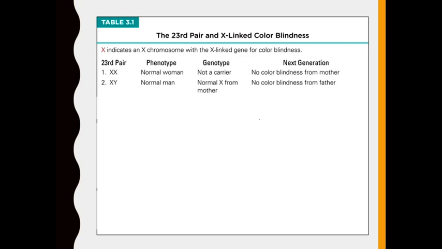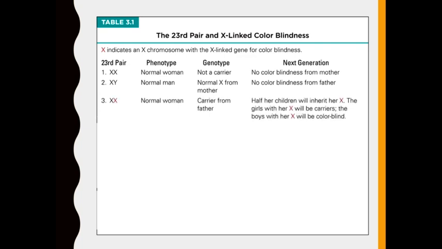She didn't inherit it from her dad. So her children, as a result, have no ability to inherit color blindness from her because she doesn't have it on either of her X's. And the next one, we have a man and the same exact thing. His X-linked gene does not have the color blindness code on it, and so as a result, he's going to be able to have normal color vision, and he's not going to be able to transmit color blindness to his